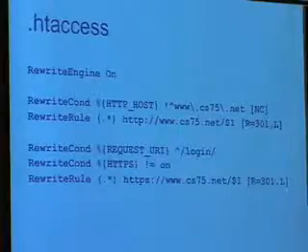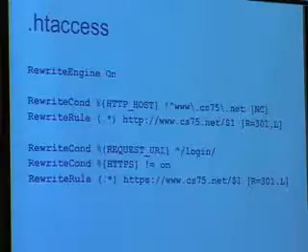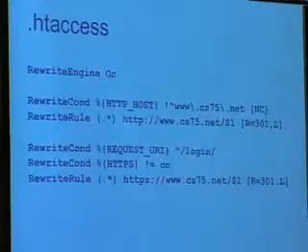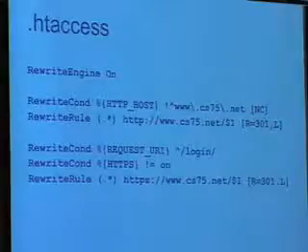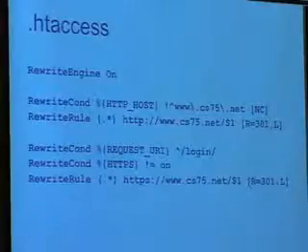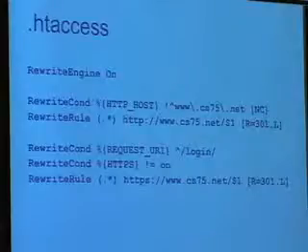So that's sort of a revisit from last week. But more interesting is this down here. If the request URI, so if the URL, essentially, starts with /login/, okay, that is a sensitive resource. Let's protect that. Because if the URL starts with /login and this variable called HTTPS is not equal to on, what do I want to do according to the third and last line here? Redirect the user to the HTTPS version of the page